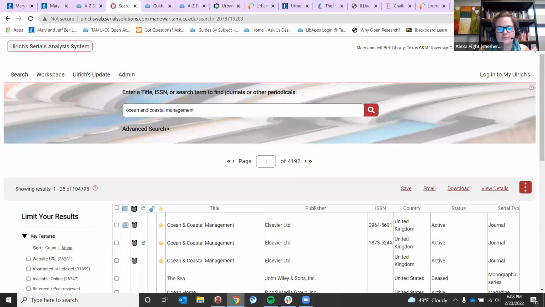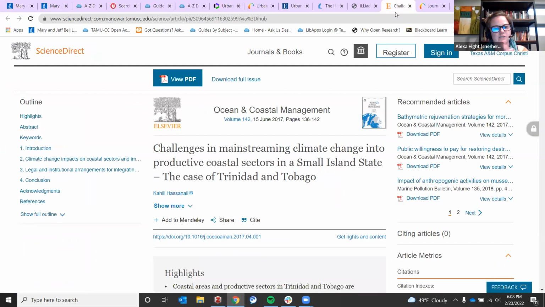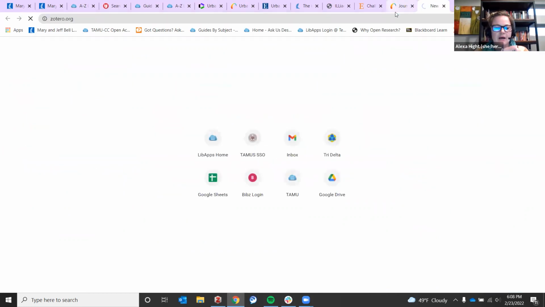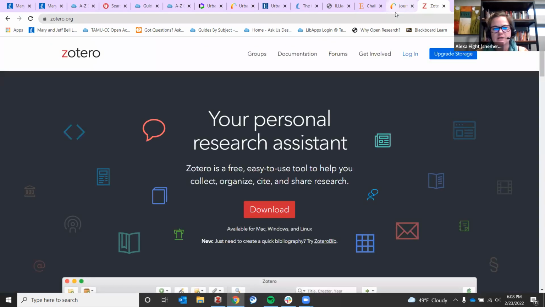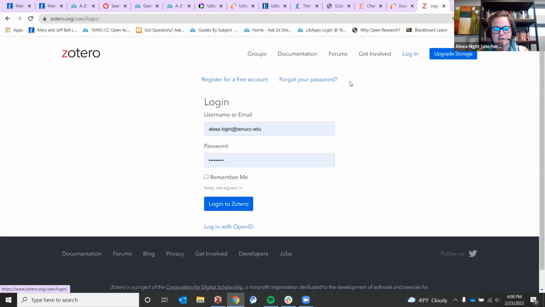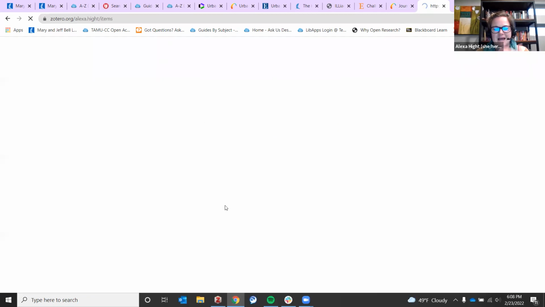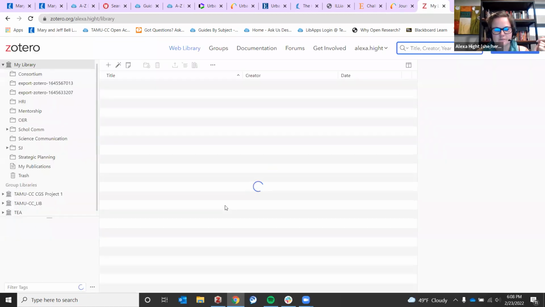And then we will go from there to creating a bibliography or using Zotero to cite in Word. So if we're going to try Elsevier, it was not working the other day. So the three things you need to use Zotero, one is a Zotero account. You can just go to zotero.org and create that account. My Zotero email is TAMUCC related, but again, it doesn't have to be. You can make it a Gmail or something else.